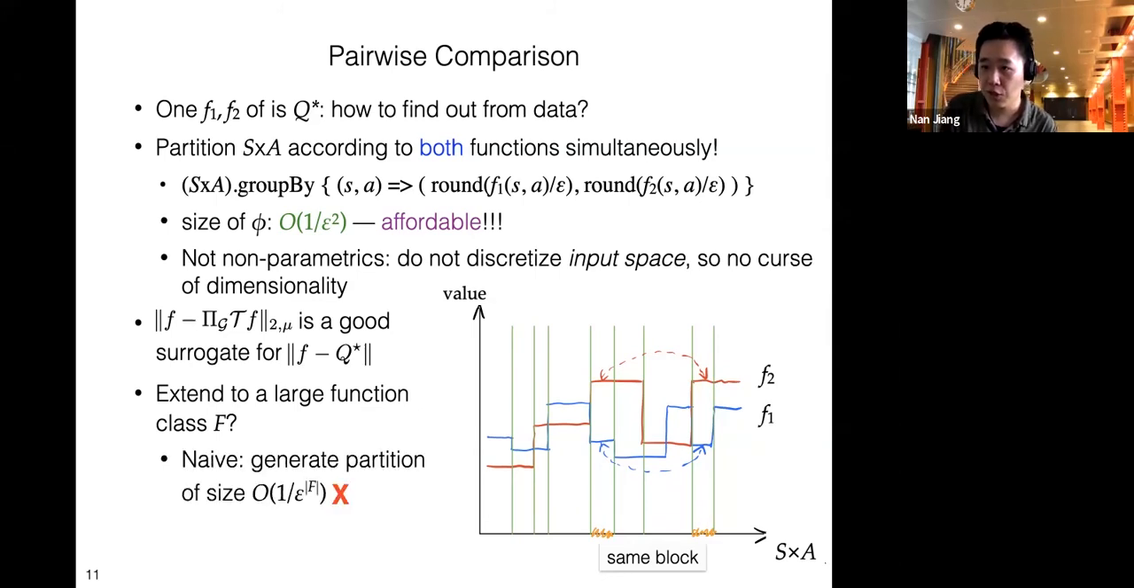Well, if you just repeat the procedure that I just did, but in this case simultaneously partition the state action space according to all functions in the function class, then that's actually very problematic, because now you really run into the curse of dimensionality. The number of partitions you get is (1/epsilon) to the power of |F|, the number of functions you have. So this whole thing is going to be essentially super exponential, right? It's doubly exponential in what you want to afford, which is the logarithmic dependence on